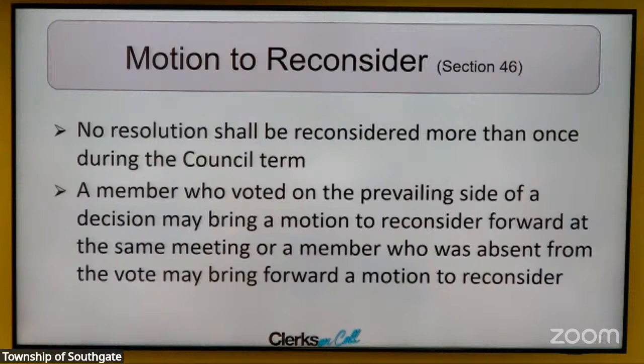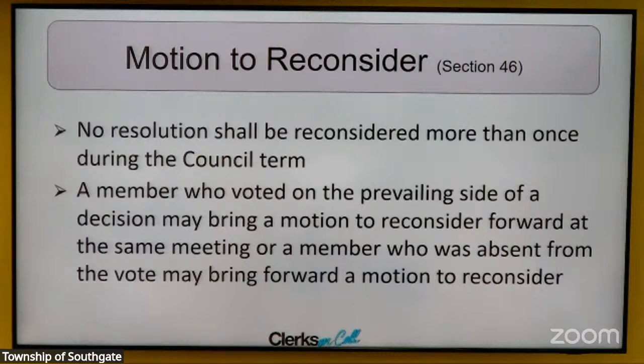Robert's Rules of Order states that a motion to reconsider is only allowed to be made in the same meeting at which the decided matter has occurred. However, most procedure bylaws in Ontario will allow for reconsideration at a subsequent meeting. That's very common. And the new draft bylaw does allow for this